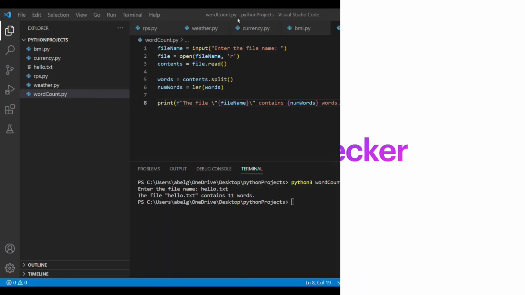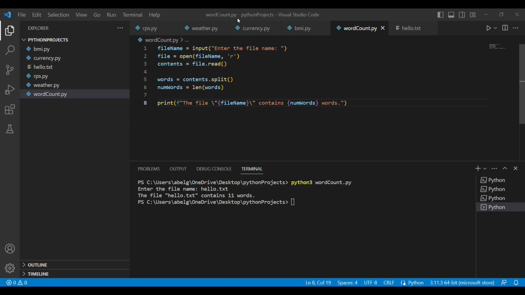So what is a palindrome? A palindrome is a word that is spelled the same when you read it from the front and when you read it from the back. For example, Bob is a palindrome because B-O-B. Let's just create a new file to see everything. So we're going to call it